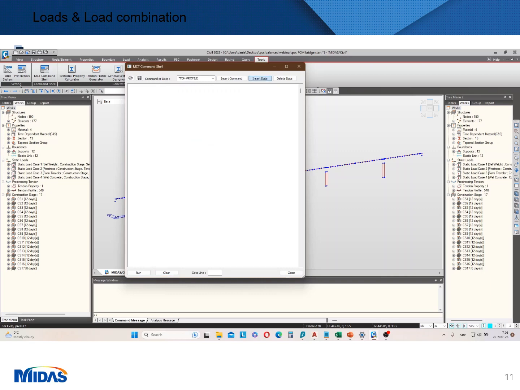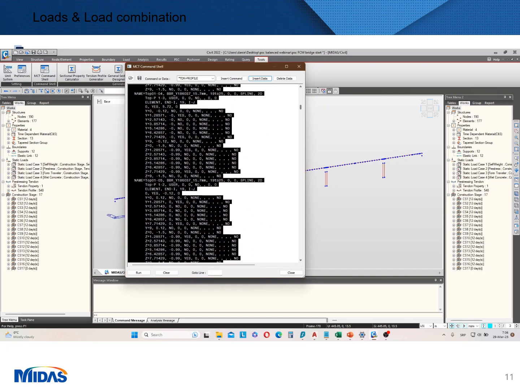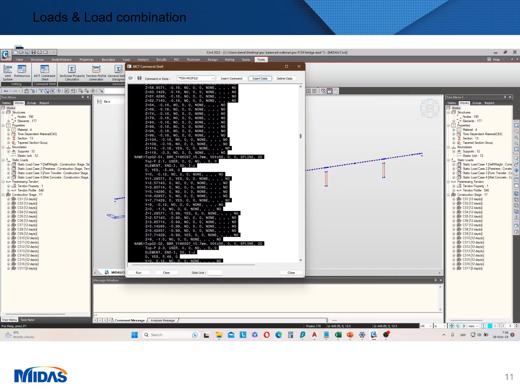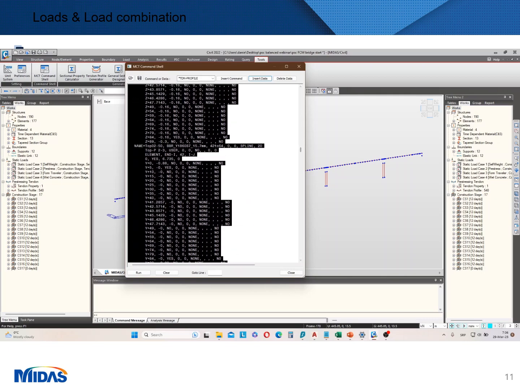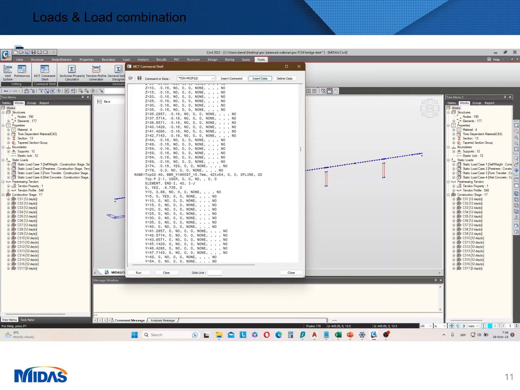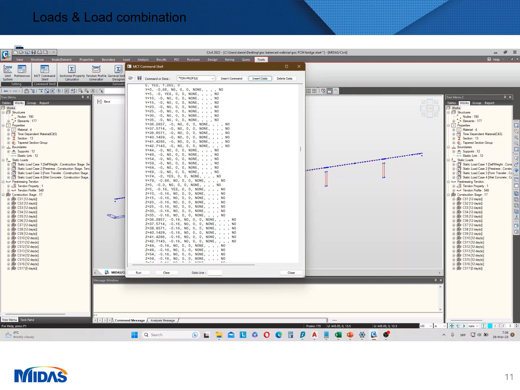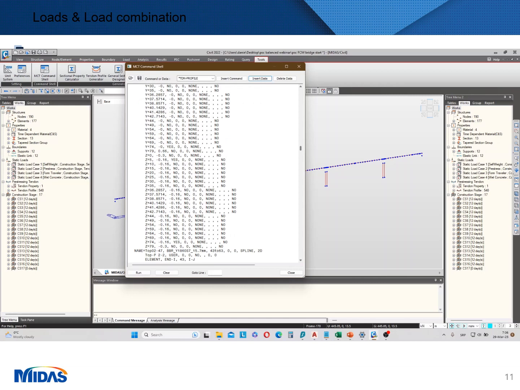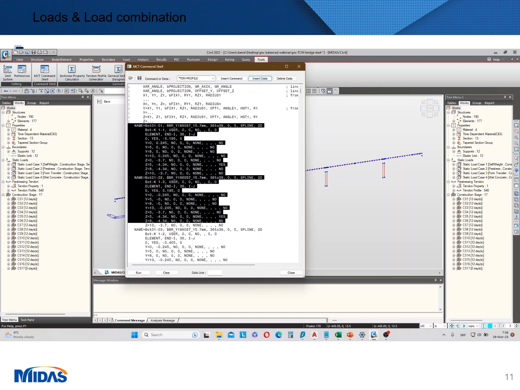But here I will clear this. I will say insert data, and here you will see all the cables it has in this model. These are all pre-generated by the wizard. So for example, these top ones are not interesting for me as I already have them. Maybe I would like to add maybe these two cables to my other model. I could easily just copy it,